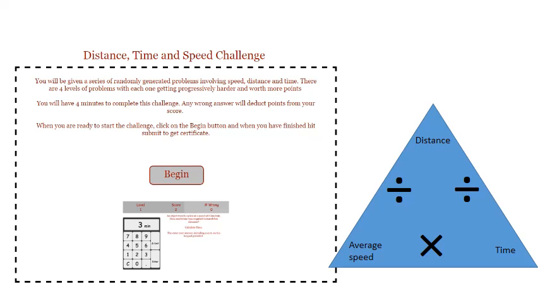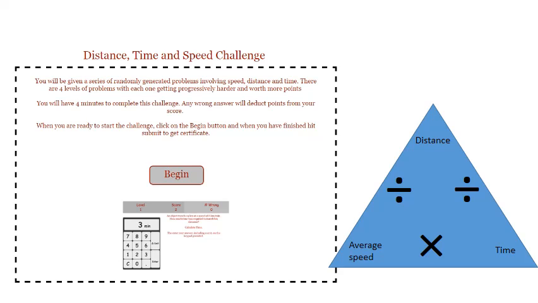But notice what you have to do with distance and time to calculate average speed. When you cover over average speed with your hand, you'll be left with distance divided by time. That's the way you calculate average speed. Now try the other ways. Now let's say we cover over the distance. When you cover over distance with your hand, you get the equation, essentially rearranged: distance equals average speed times time.